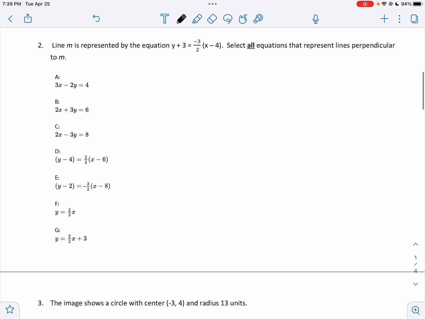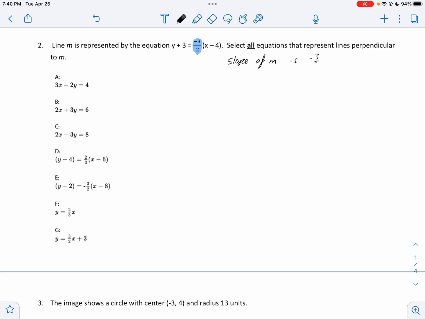Okay, problem 2. We're given a line, M, represented by the equation y + 3 = -3/2 (x - 4). And we want to select all the equations from the ones below that represent lines perpendicular to M. So, recall that given a line in point slope form, like the one we're given, this coefficient here is our slope. So our slope of M